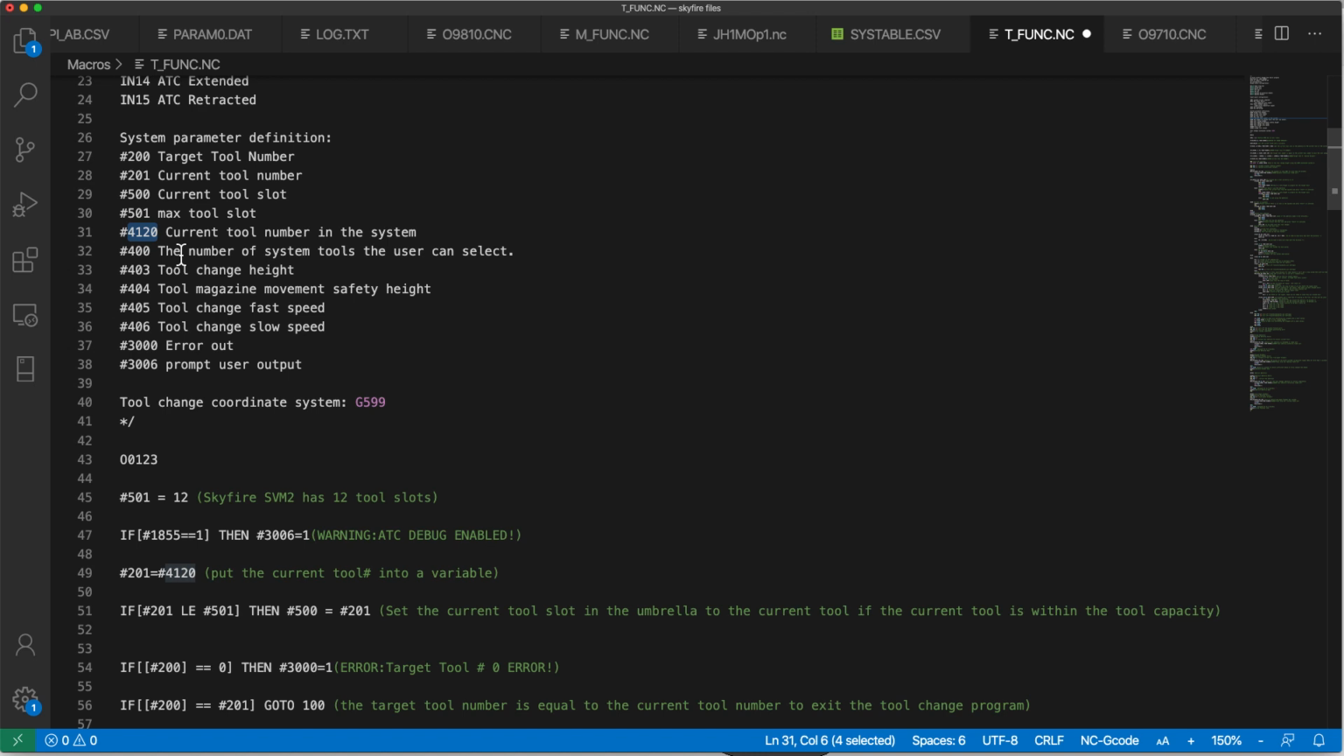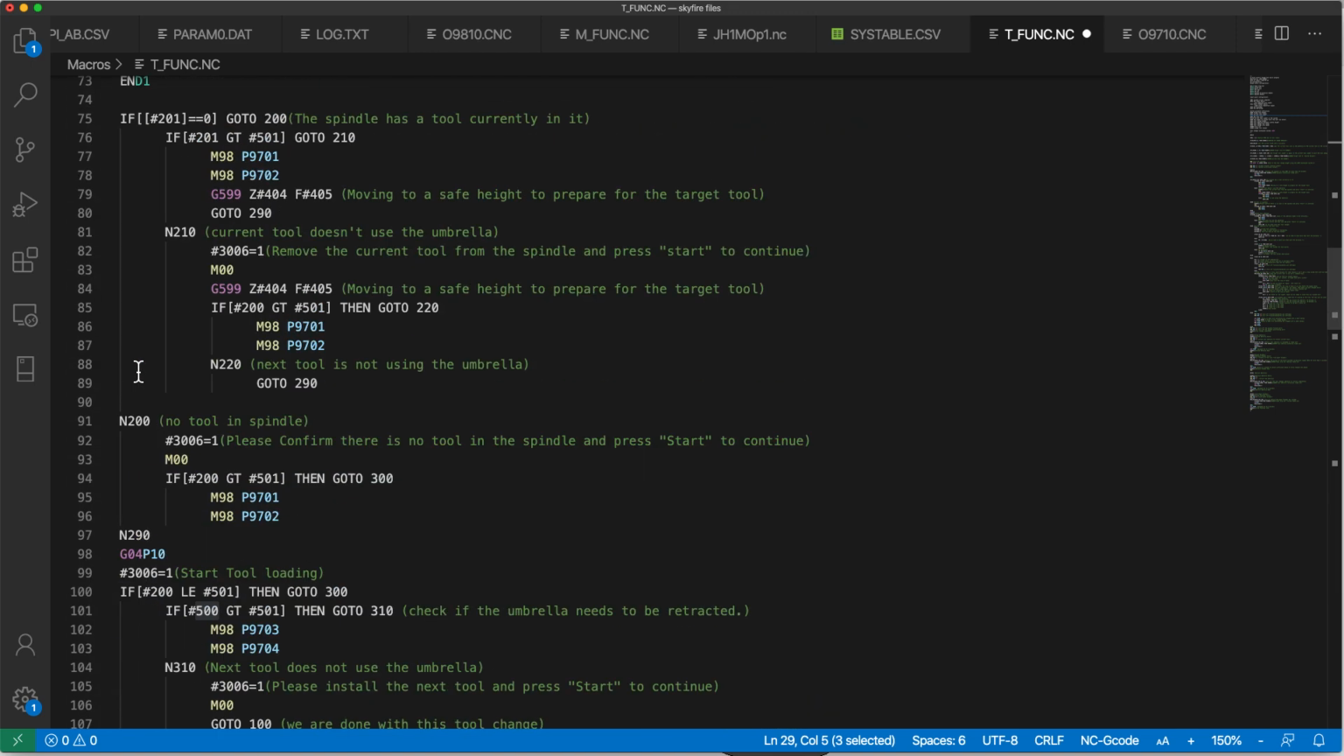But what happens is variable 200 is set. That's a target tool set by the system. I know the tool slot that the umbrella is on because I've done previous tool movements. If I'm going from a number above the tool umbrella to a number above the umbrella, then none of that comes into play. I just ask the user to remove the current tool and add the new tool. If I'm going from a tool above the umbrella to a tool in the umbrella, then I ask the user to remove the tool, which is